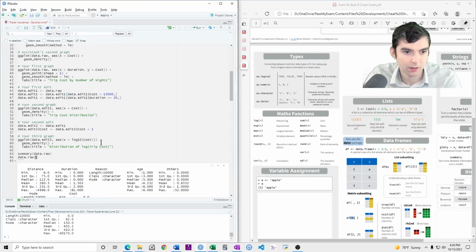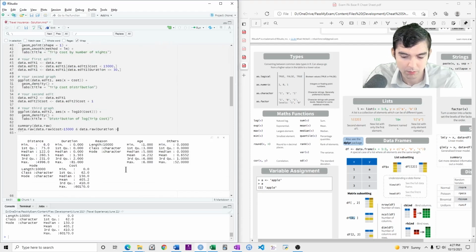So look at data where cost is less than 15. Actually, where cost is greater than 15, and where duration is greater than 40. Put all this in parentheses. It's all one big true-false value.